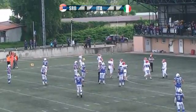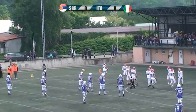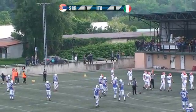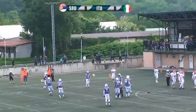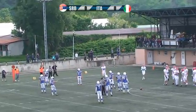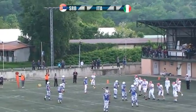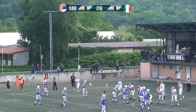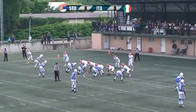So in the first half we had a very tight game with several opportunities for both teams to score. 3 times Italy had the opportunity, the chance to score a field goal. 2 wide outs and 1 blocked, as the Serbian offense was twice